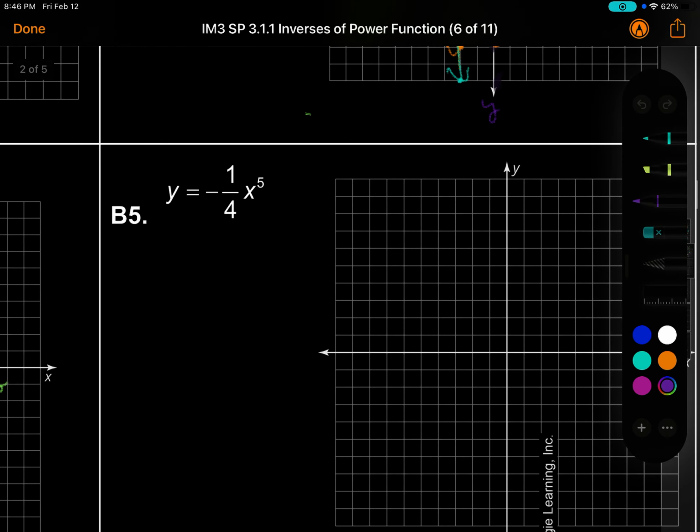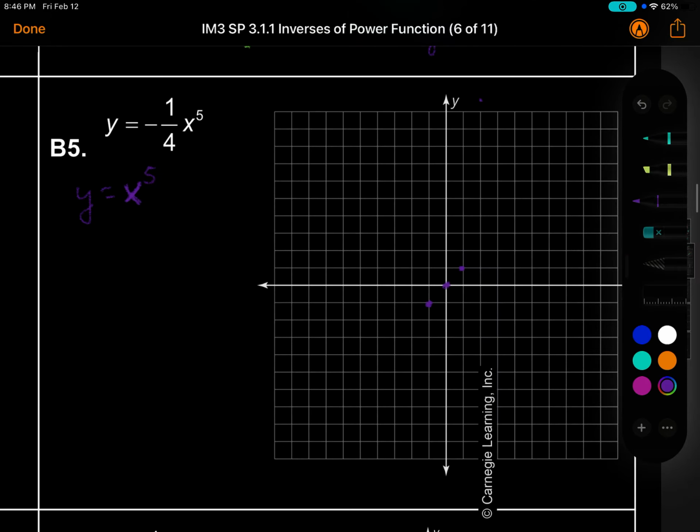The parent function is y equals x to the fifth. So if I substitute in x equals 0, I get 0. If I put a 1, 1 to the fifth power is 1. And if I get 2 to the fifth power, 4, 8, 16, 32, it is off the charts, right? I basically put it off the graph almost. And same thing over here. So this would be my parent graph. It is an odd degree